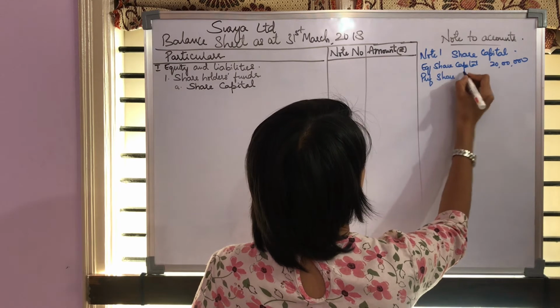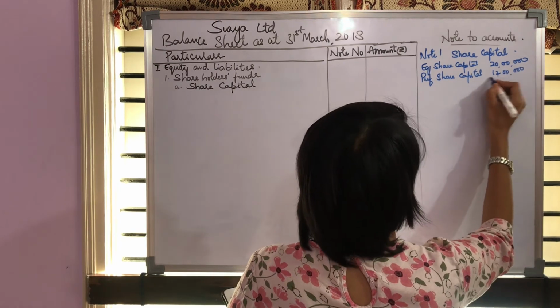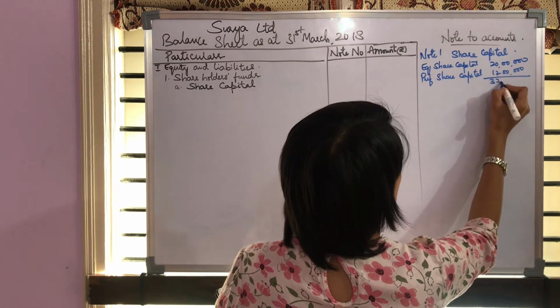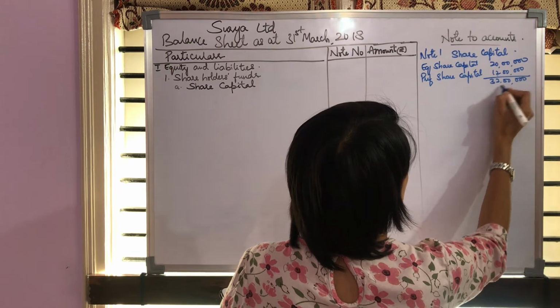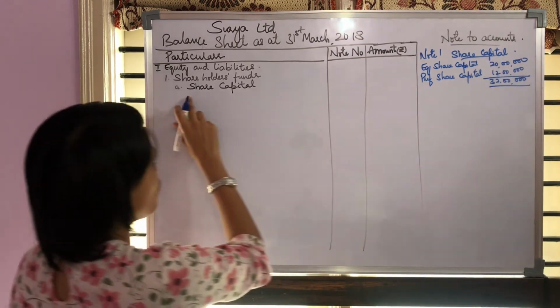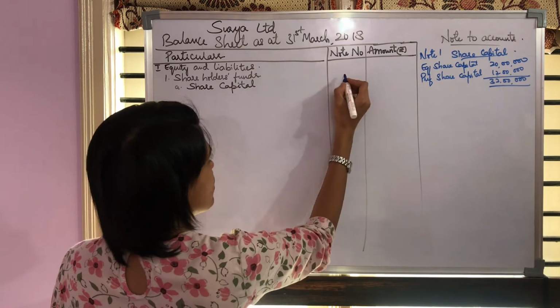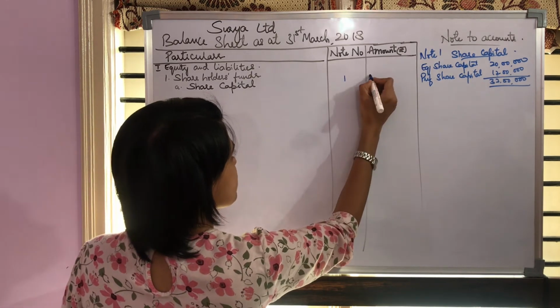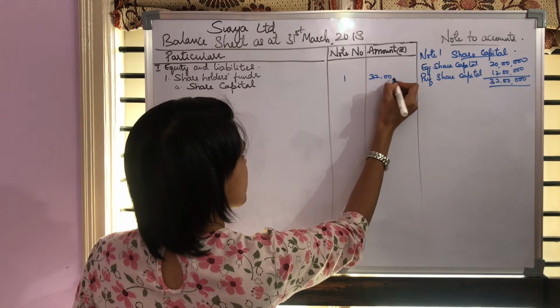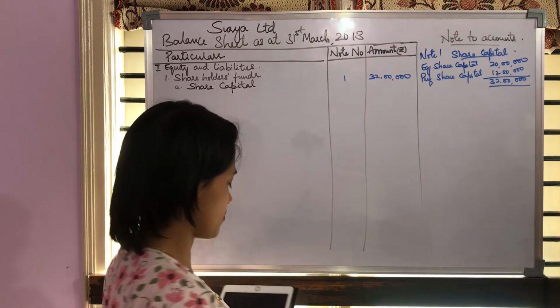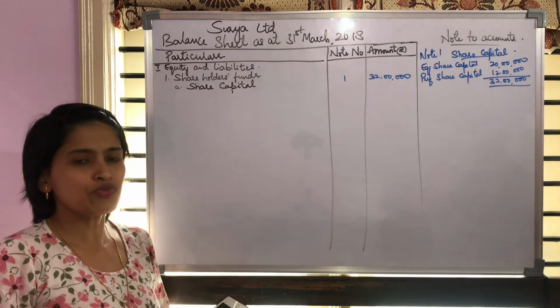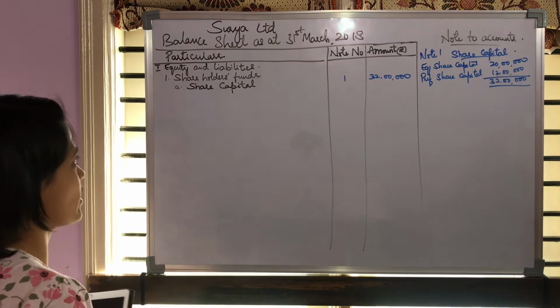Preference share capital lakhs. The total is 32 lakhs. So we'll come back to the format. Under share capital, write it as note number 1, amount rupees 32 lakhs. Now, once we finish share capital, the next item being